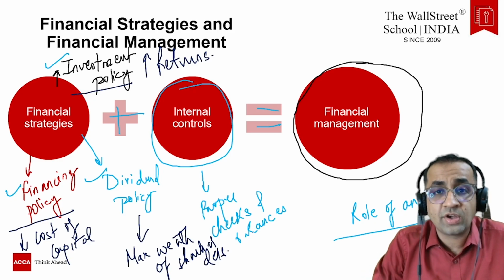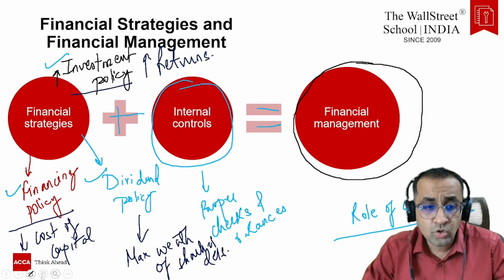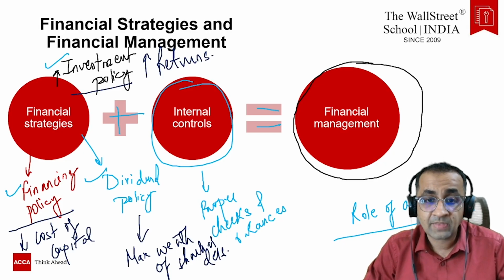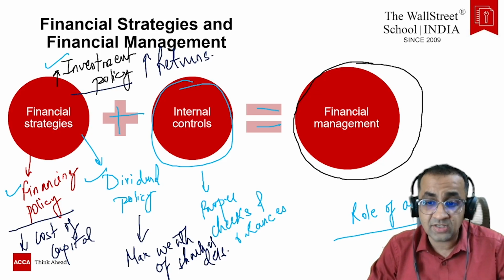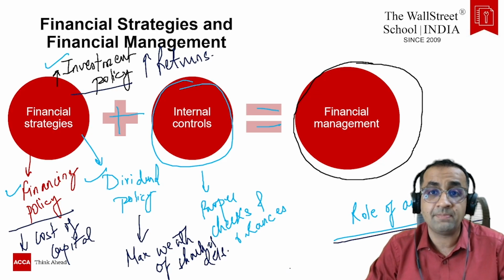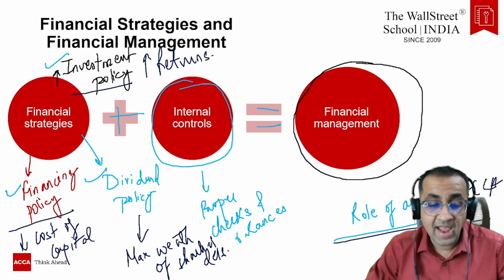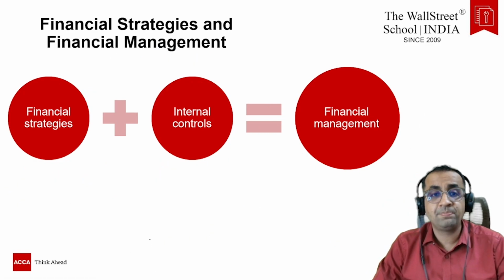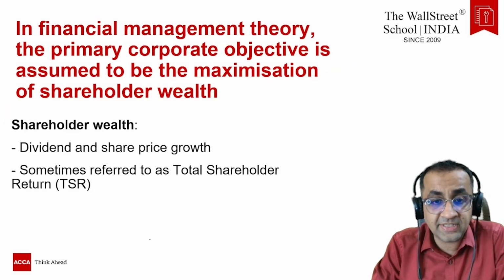Ultimately, why are we running this organization? We are running this organization to increase the returns, to decrease the cost of borrowings for the company, and to maximize the wealth of the shareholders. Along with proper internal controls that will help you to achieve financial management, and that is the key role of an AFM. That is the key role of ACCA. Am I clear and understood by all of you, right? Guys, I hope you are getting this and you are finding this discussion to be interesting.